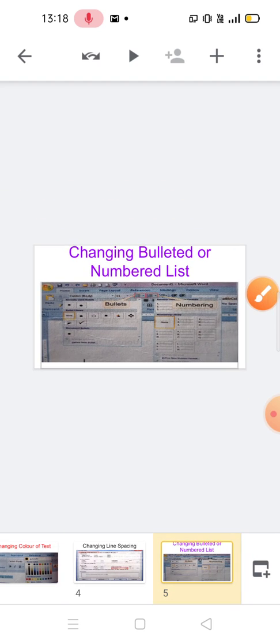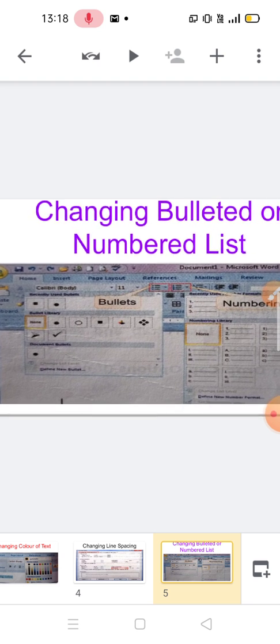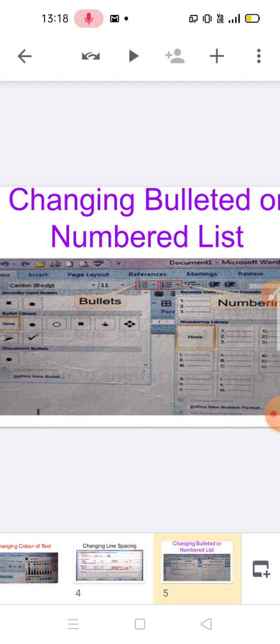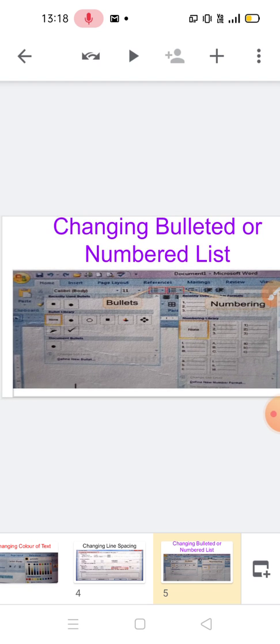Next is changing the bulleted or numbered list. For this, we can format a list in a document by using the bullets and numbers. A bullet is a small graphic symbol that sets off an item in a list. To apply the bullets to the text, follow these steps. The first step is to select the text and click on the bullet button.